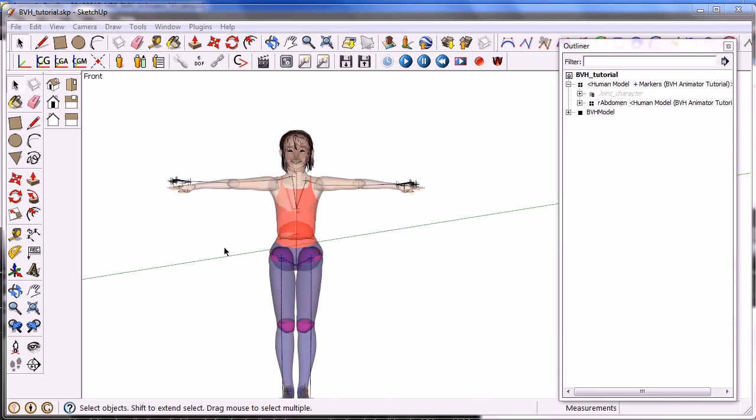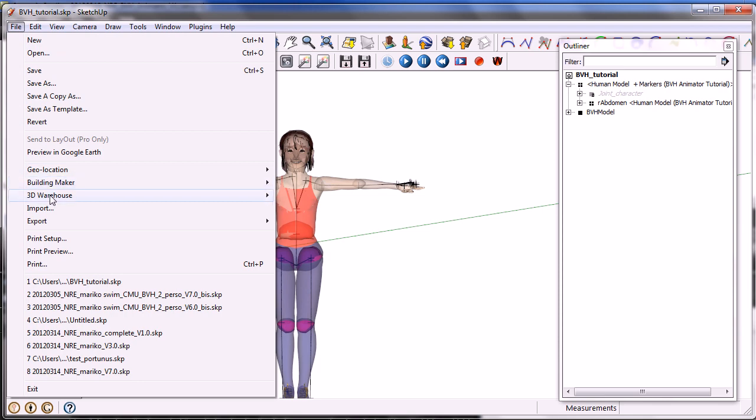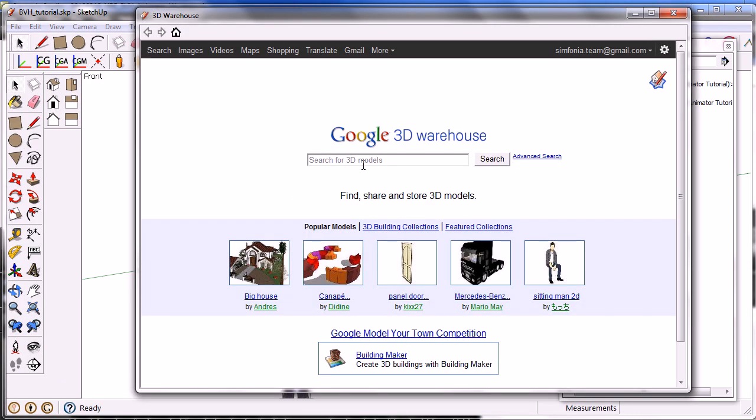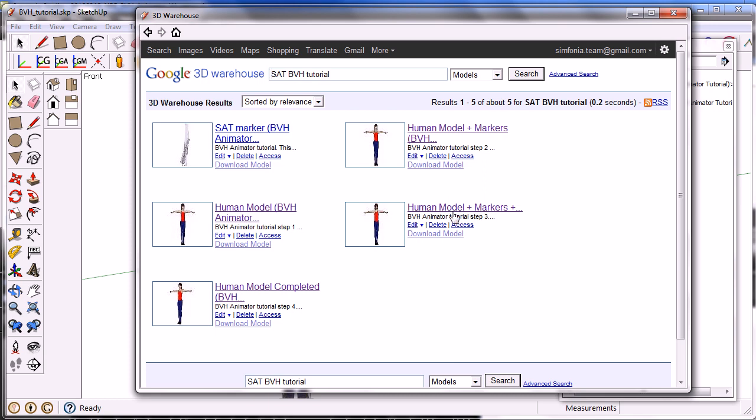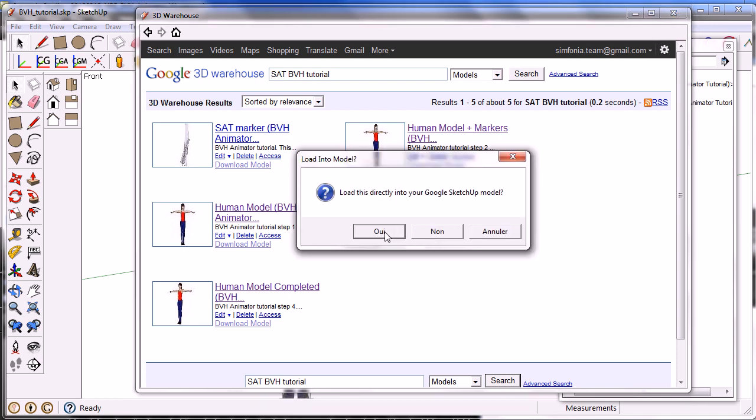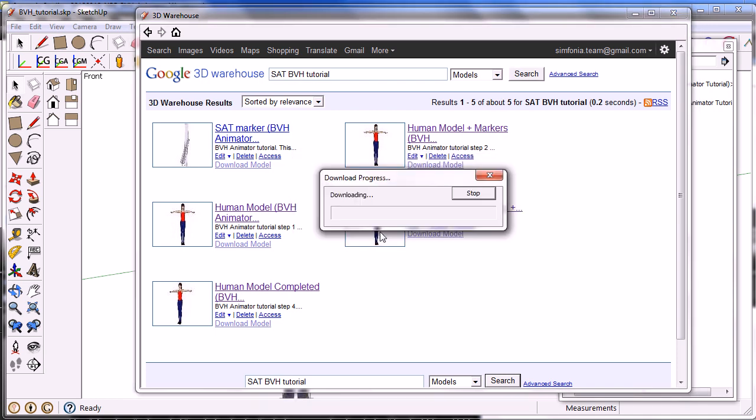The model, with the skeleton completely redesigned, is also available in the 3D Warehouse. Look for SAT BVH tutorial as before. This is the model animator BVH tutorial step 3. Download it and put it in your SketchUp scene.